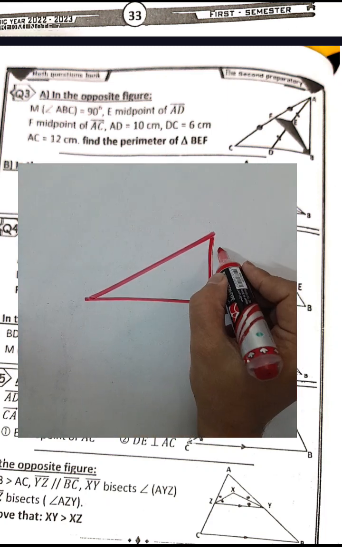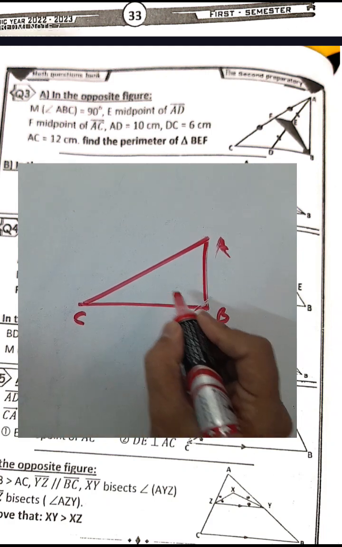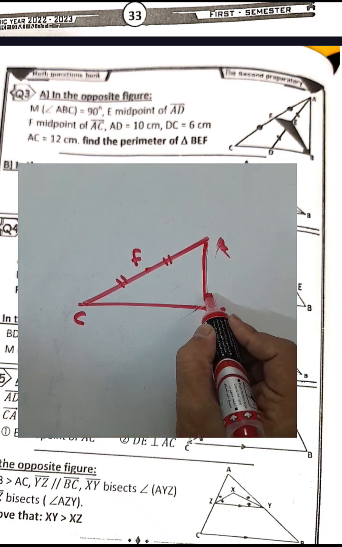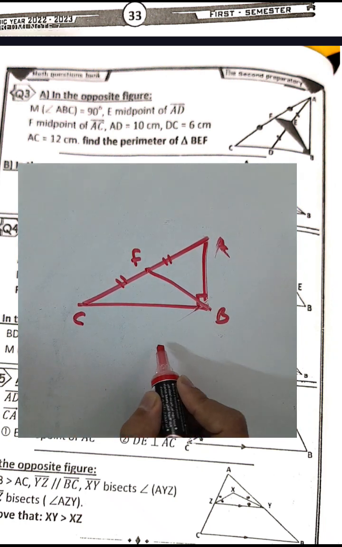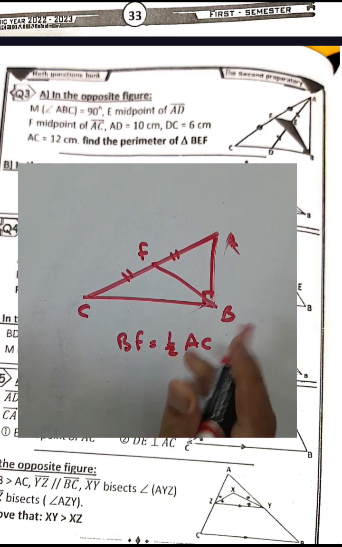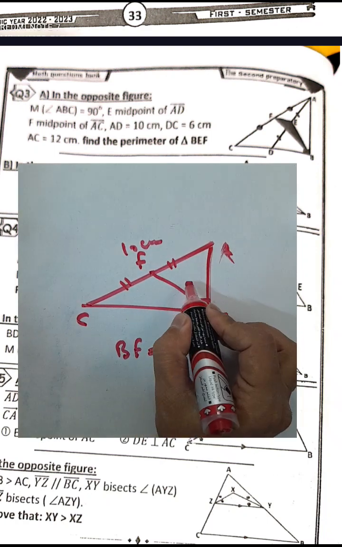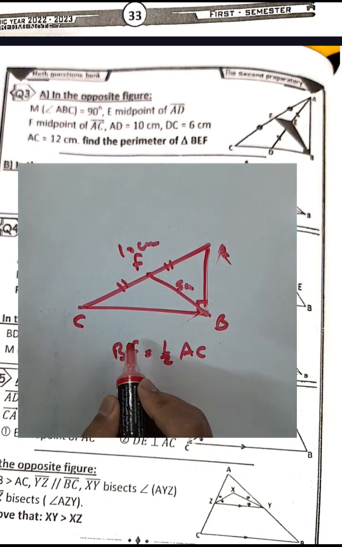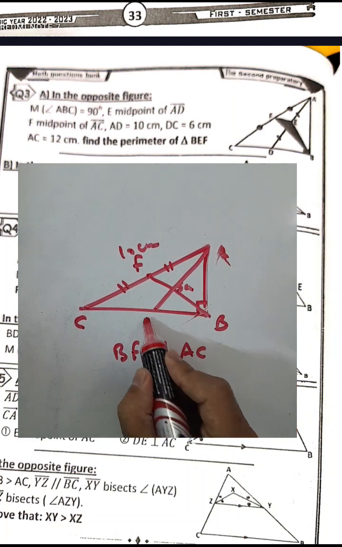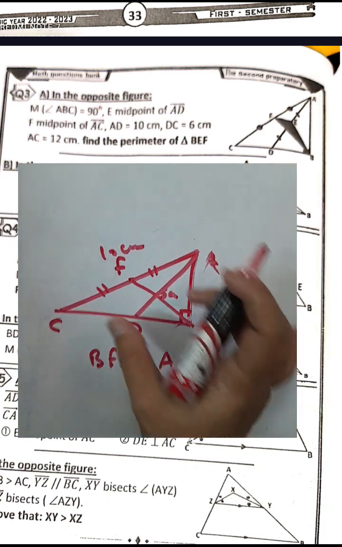Okay, again, we have A, B, and here C, and this point F in the middle, and a right angle triangle, and he draws here. Then we can write BF will be half of AC, and they give us AC was 10. It was 10 centimeter. Then this side will be 5 centimeter, and then draw this line segment 2D. He gives us AD was 10 centimeter. This side length 10,